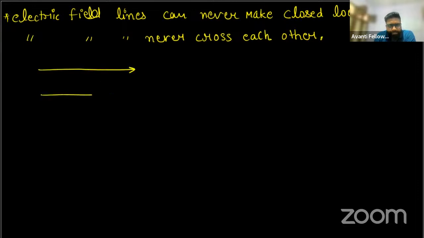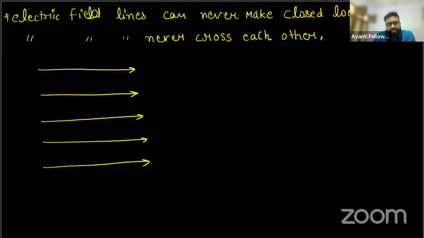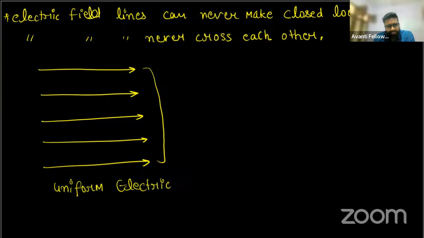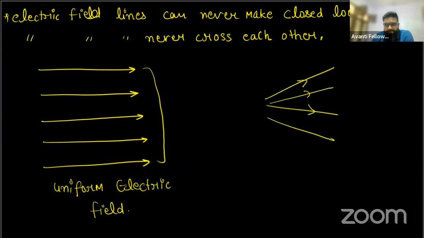यूनिफॉर्म इलेक्ट्रिक फील्ड लाइंस ऐसे ड्रॉन होती हैं, पैरेलल होंगी, इक्वली स्पेस्ड होंगी, इनके बीच का जो स्पेस है वो भी फिक्स्ड होगा, and these are parallel to each other, this is termed as uniform electric field। ठीक है, नॉन यूनिफॉर्म कैसी होंगी, नॉन पैरेलल लाइंस, और दिस इज नॉन यूनिफॉर्म इलेक्ट्रिक फील्ड।